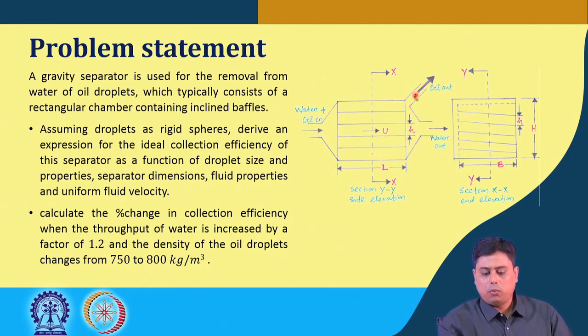The efficiency would be 100% if all oil droplets come to the under surface of these baffles. That means there is a clear separation, with oil droplets sticking to the under surface of the baffle and water flowing. Once it comes here, this layer of oil droplets will go upward and be collected from its outlet, and the water will come from this outlet. So this is the ideal case, but it would not happen because the oil droplets can have a size range.